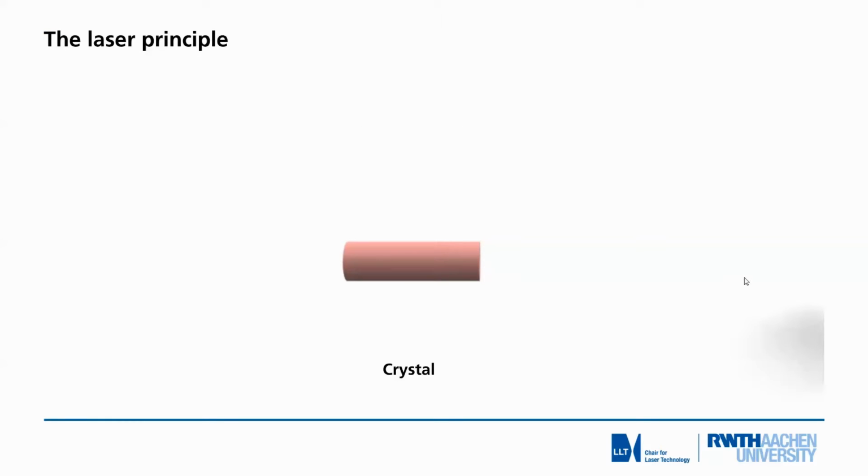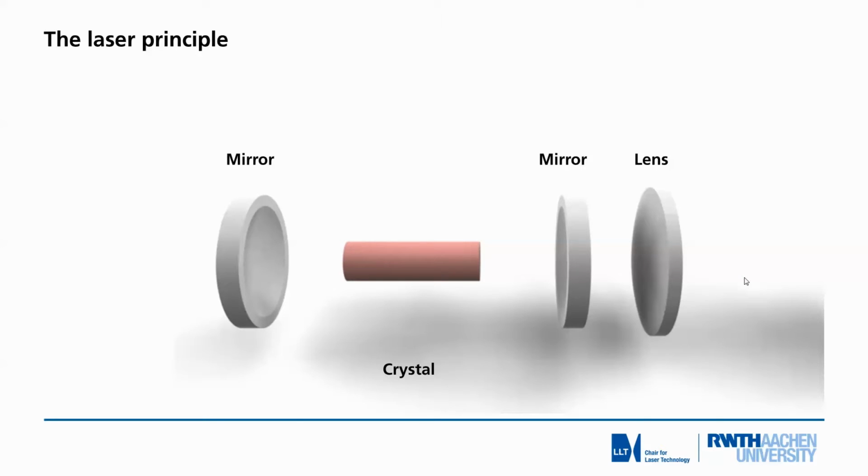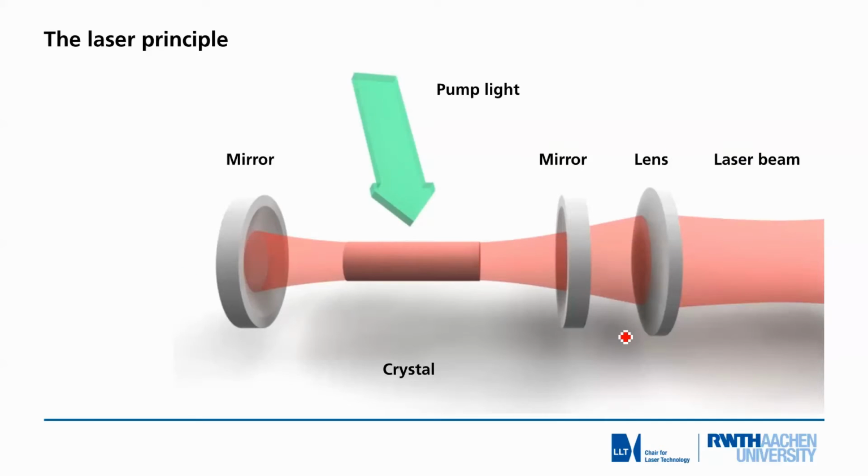The laser principle works such that we have an active medium, in this case a crystal, which emits photons. If we provide a reflection of the photons at the ends of that crystal in these two positions, then we talk about a resonator already. We provide the pump light to the active medium, and based on the feedback given by the resonator in terms of reflection of the photons, we get as a result the laser beam.